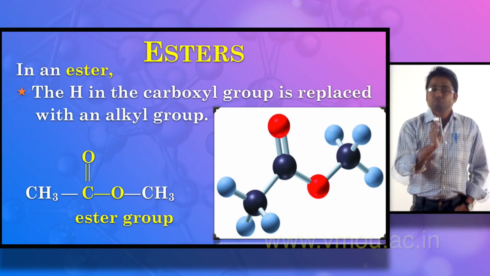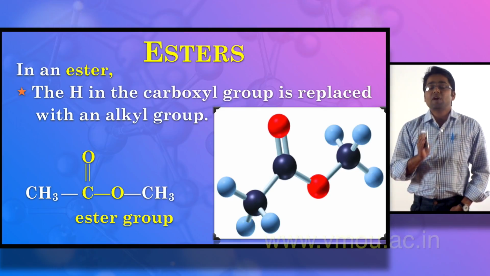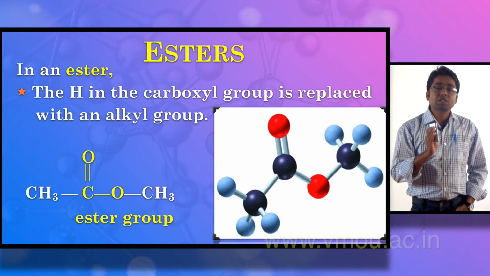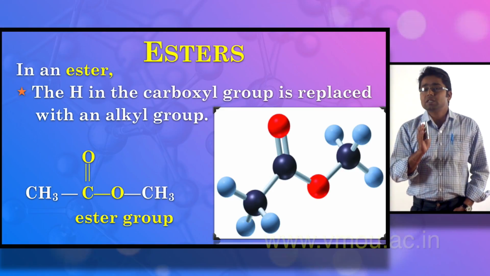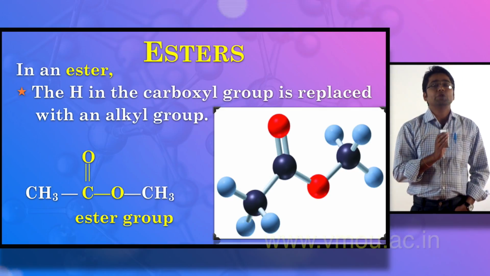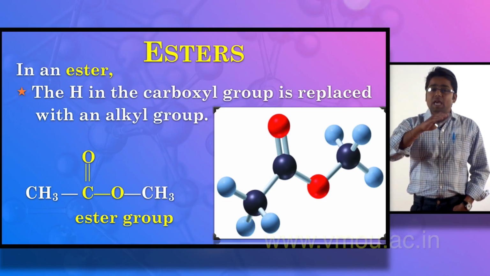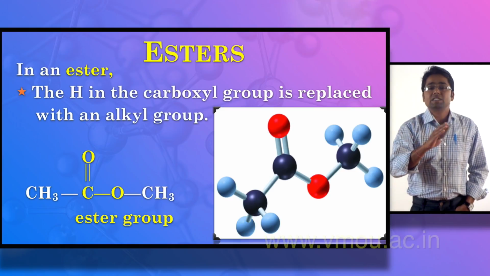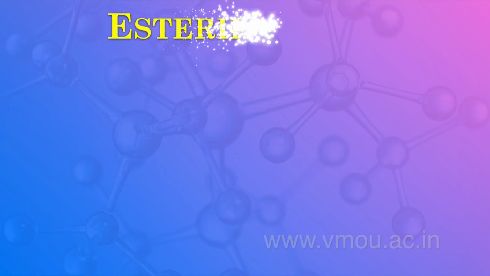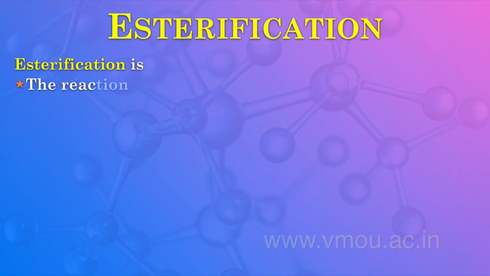In the slides, the most basic example of an ester is shown with its 3D structure. The 3D structure of the ester clearly shows that because of the tetrahedral geometry of carbon, this haphazard structure of the ester is obtained. Now, the main question is how esters are synthesized.